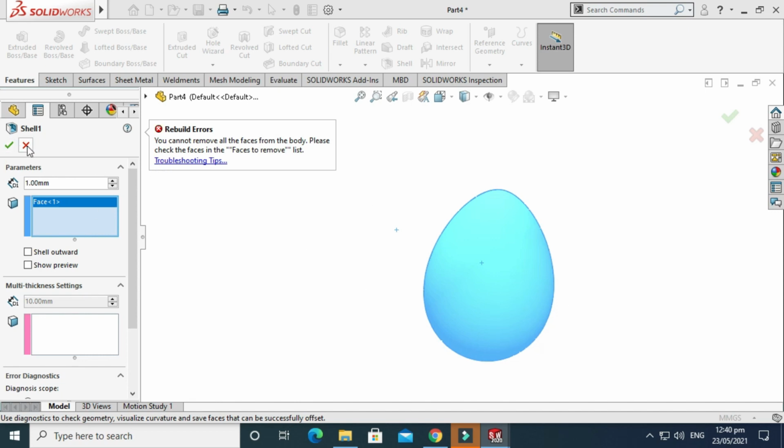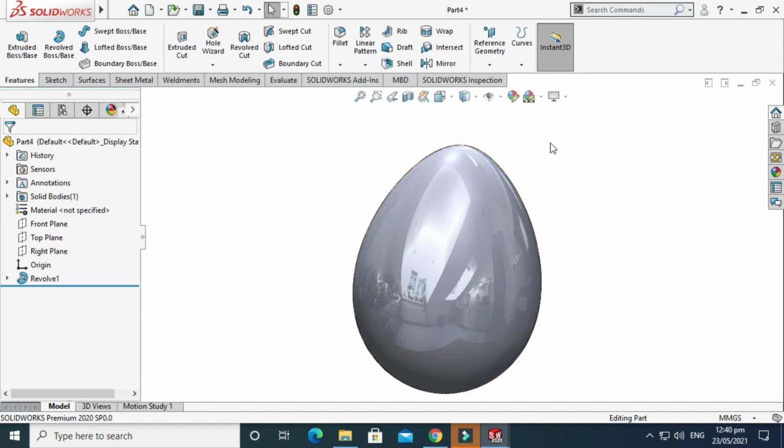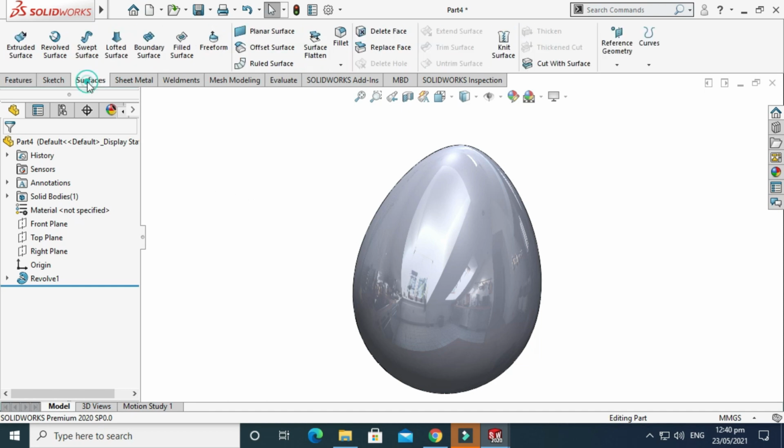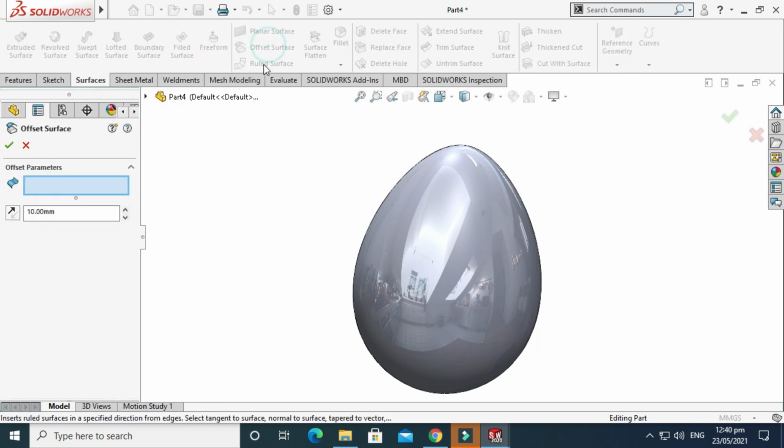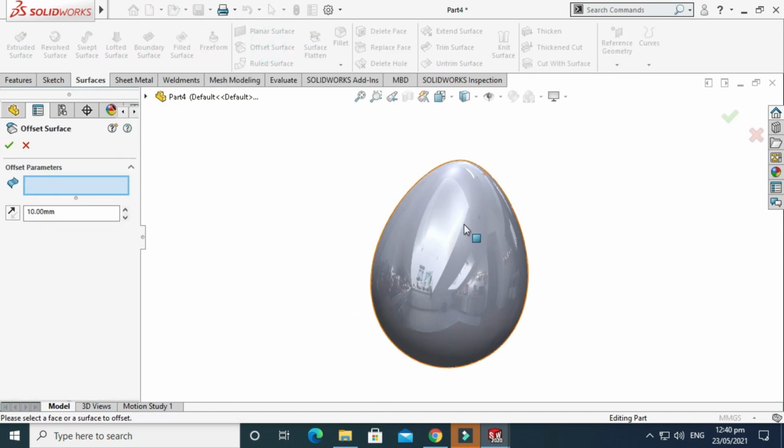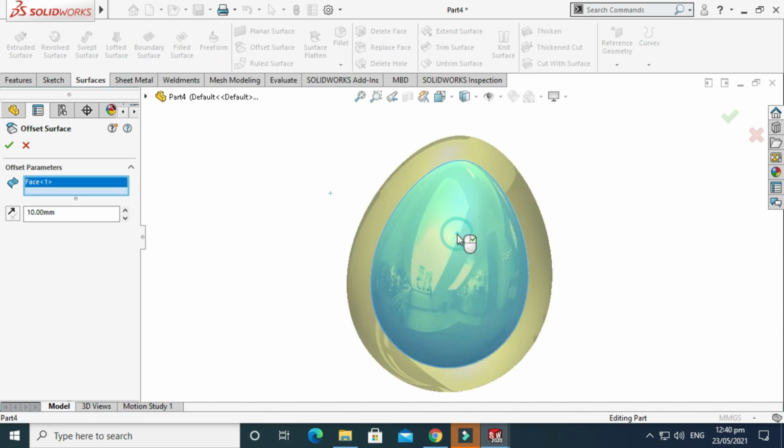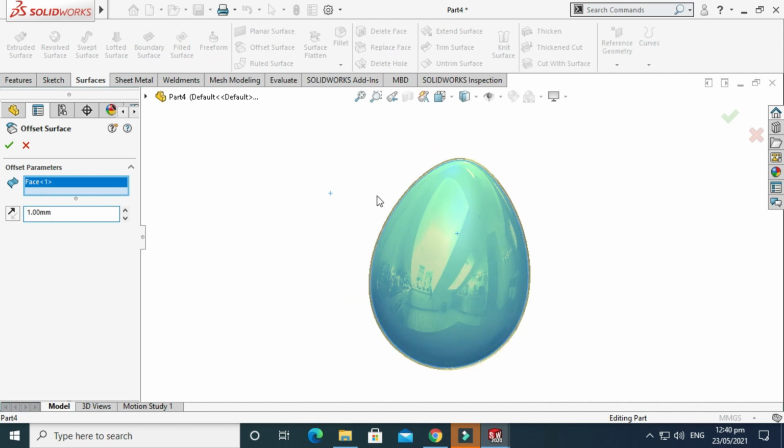Here it is not creating a shell, so we'll make this shell using, let's say, the surface offset feature, right? We'll go to surface, and let's say we'll go to offset surface. We'll make an offset. We'll select this surface, and we'll change it to 1 mm, right?